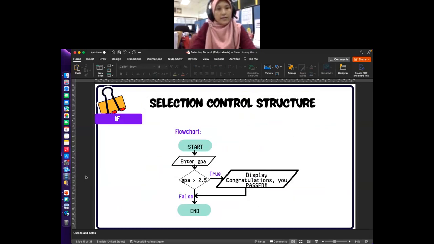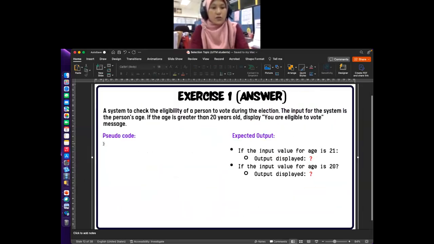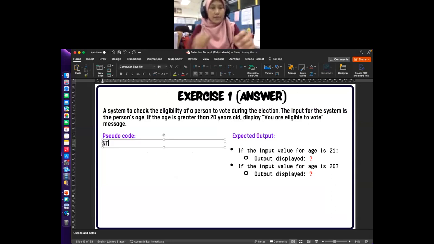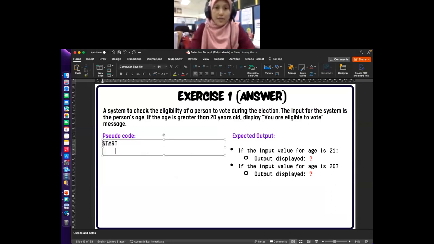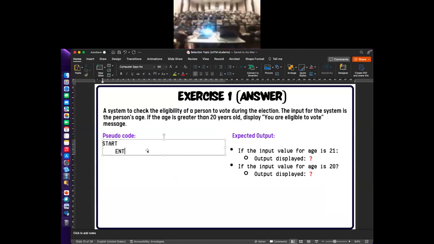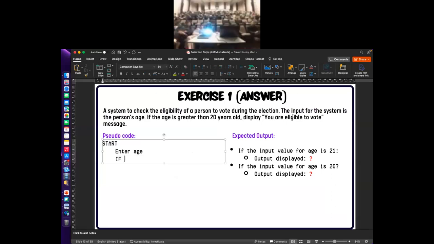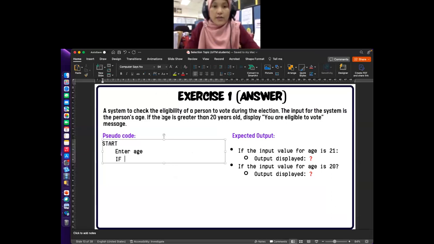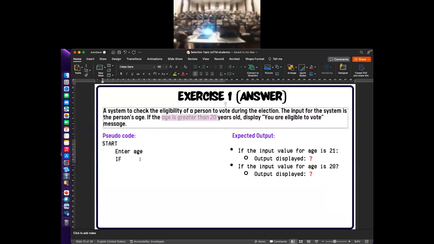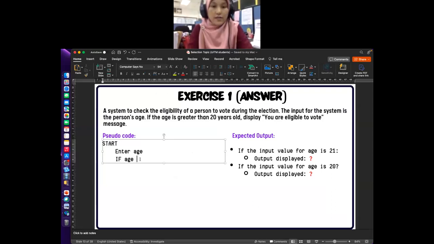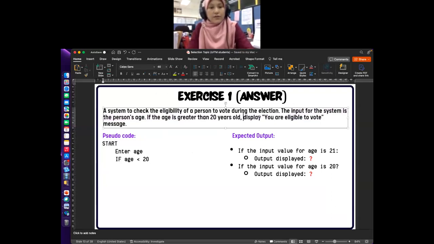Okay, this is an example of answer. So you must start. Then just now it's about the person age, so we enter age and we start the condition. What is the condition? The condition is age is greater than 20. So we type here age is greater than 20. Then it will display you are eligible for